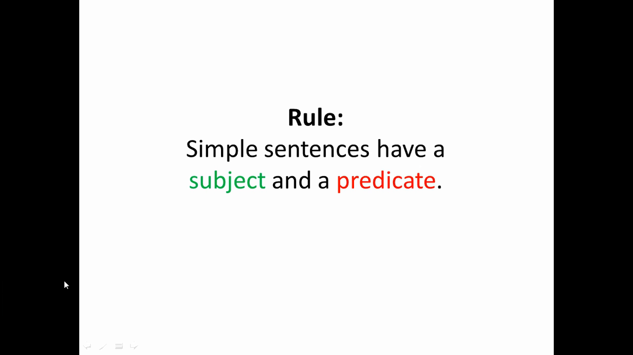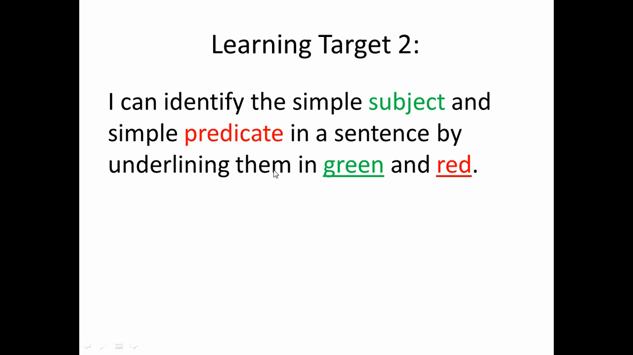This is lesson number 2 in your mini grammar unit. The rule that this lesson is focused on is that all simple sentences must have what's called a subject and a predicate. Your learning target is that by the end of this lesson, you will be able to identify the simple subject and simple predicate in a sentence by underlining that subject in green and then that simple predicate in